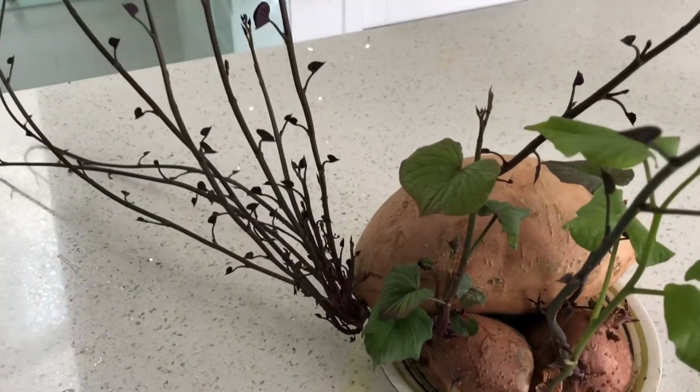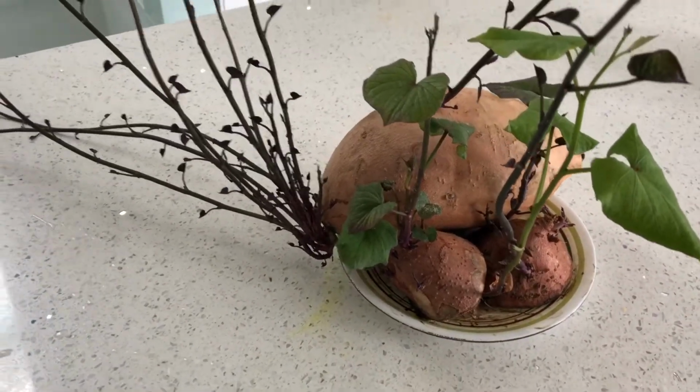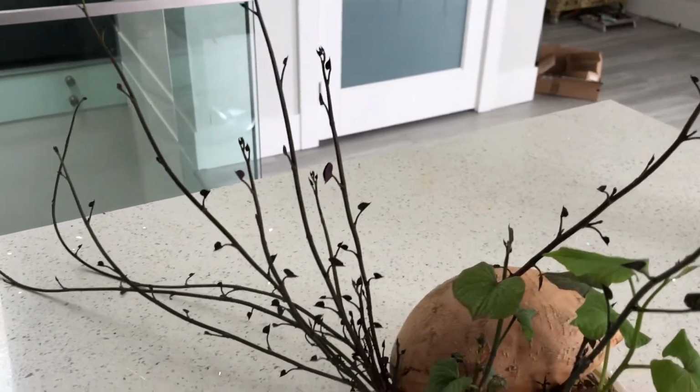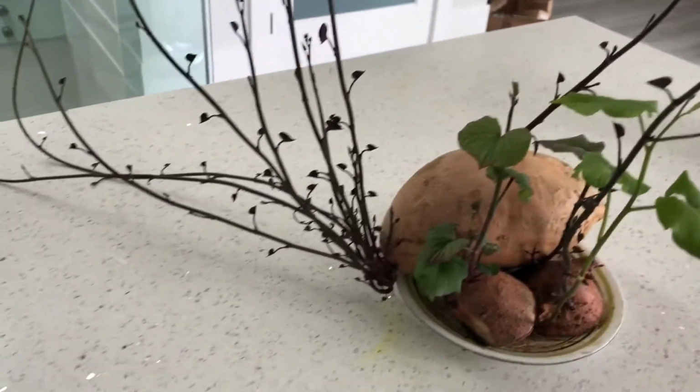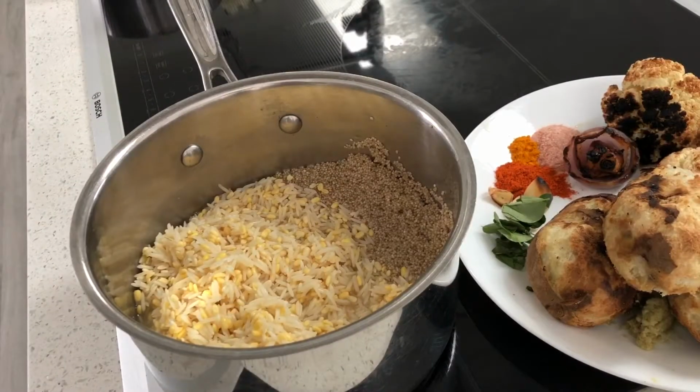Here are my potato seeds. I just put some water in the plate and they are almost more than 1.5 feet. Today I'm going to cook for my lunch